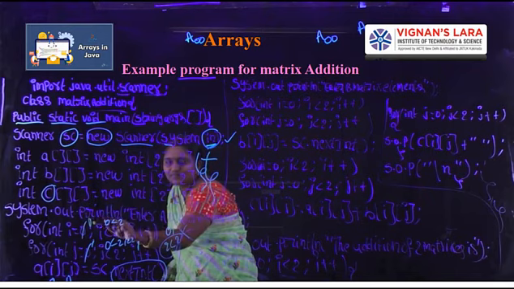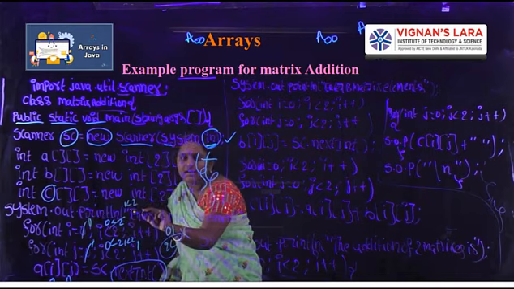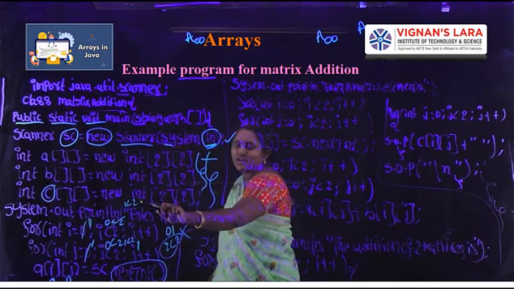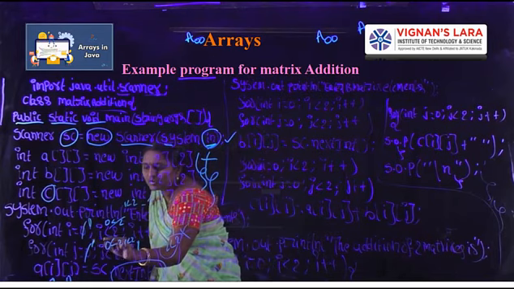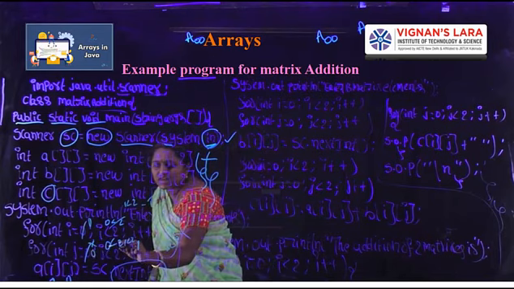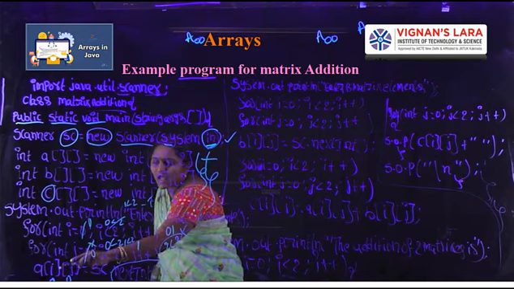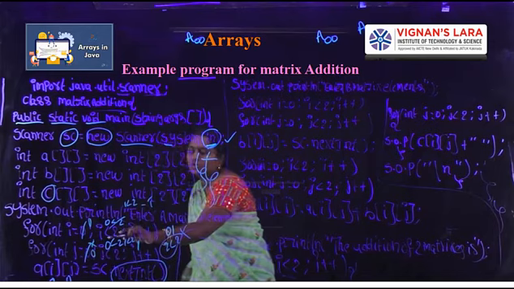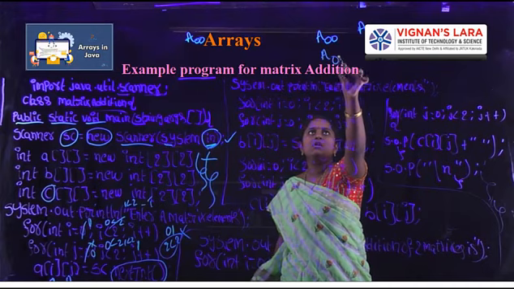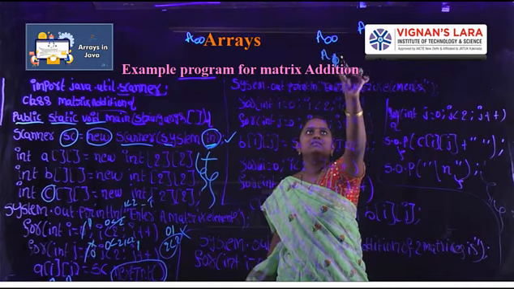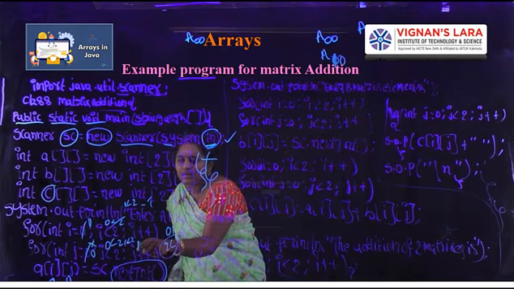Next the i value is incremented. i value 1. 1 less than 2, is it true or false? True. Next the j value starts from 0. Here j value 0. It checks the condition, 0 less than 2, is it true or false? True. What are the i and j values? In this iteration, i value 1, j value 0. A of 1, 0. Next, the j value is incremented.